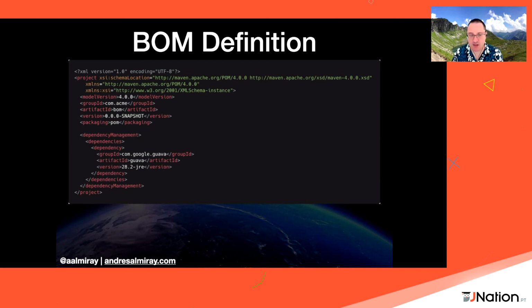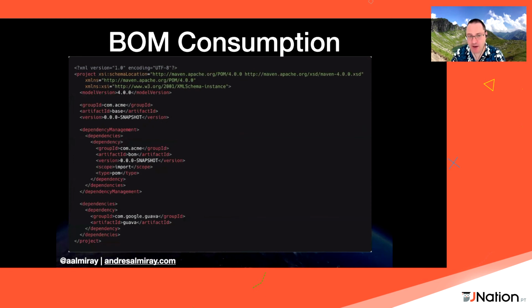Now, once you do this, you typically say, I have a bunch of dependencies that go together, and you put them in the dependency management block. Then your consumer will use your BOM file like this. You define a dependency management block again, put in the GAV coordinates of the BOM, and two additional properties that are very important. One, the scope has to be import. And second, the type of the dependency must be pom, because if it's not, then Maven will try to resolve a jar file. And the packaging of a BOM file is typically pom. If you don't add these two properties, then you're going to have a bad problem.